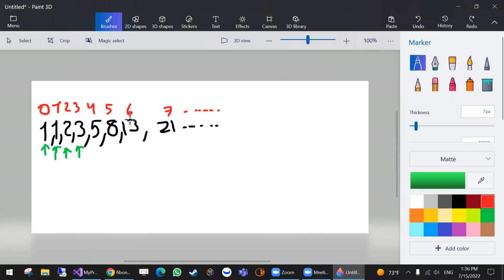At 6, it's the sum of the previous two: 13 and 21, etc. So the pattern is, let's do blue, the pattern is fib of n. At any index n, the fib of n equals to